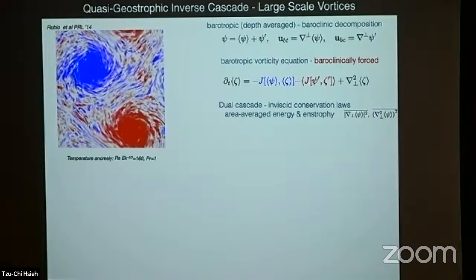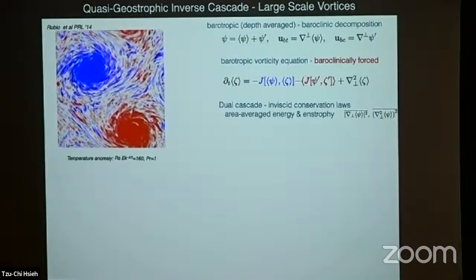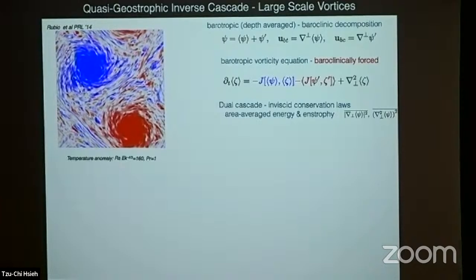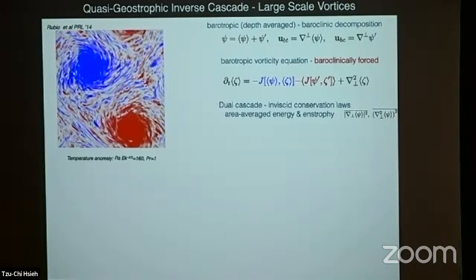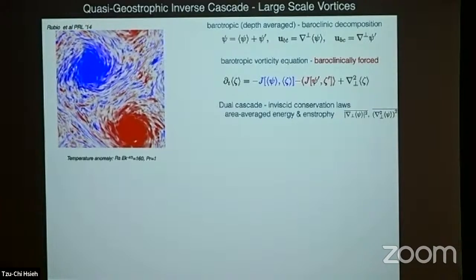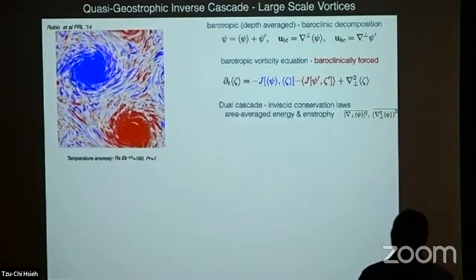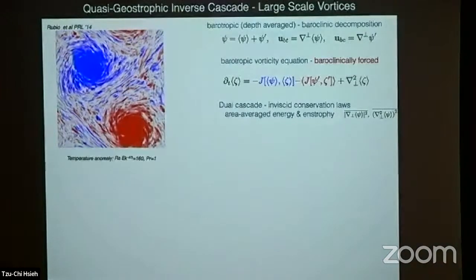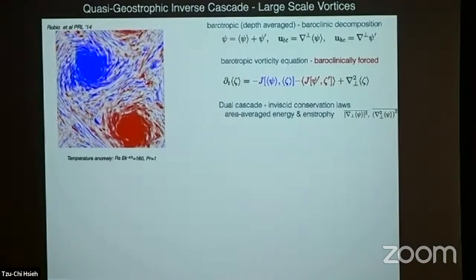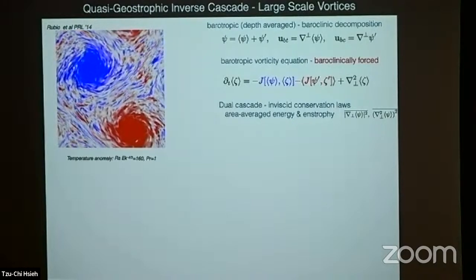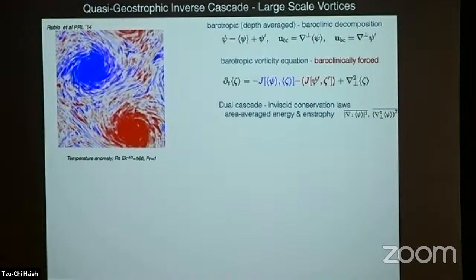It turns out this condensate is largely in what we call the barotropic mode, or the depth independent mode. This is the Z independent mode, where all the energy, this upscale energy, is being transferred to. So we can actually decompose, just looking at the horizontal velocity or the stream function that defines the horizontal fields,